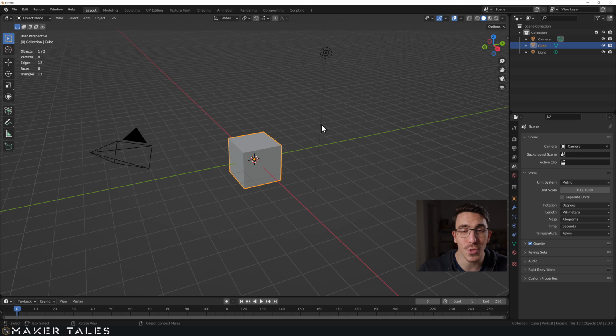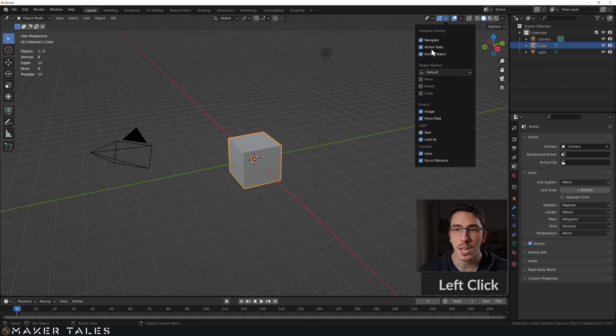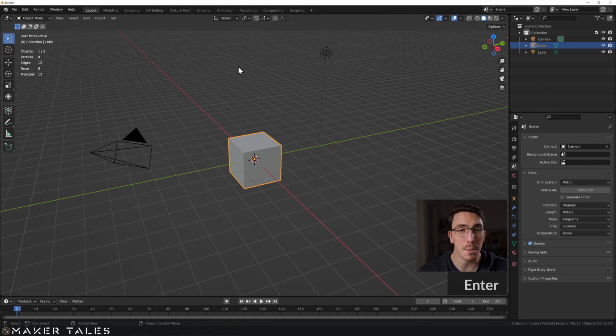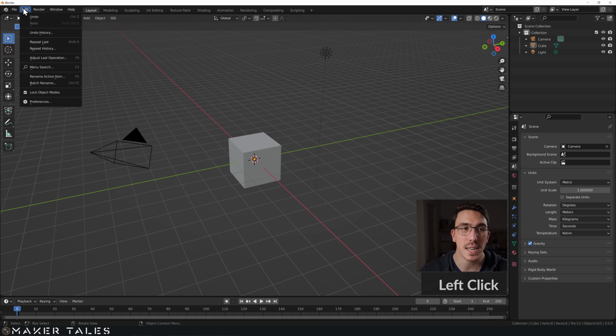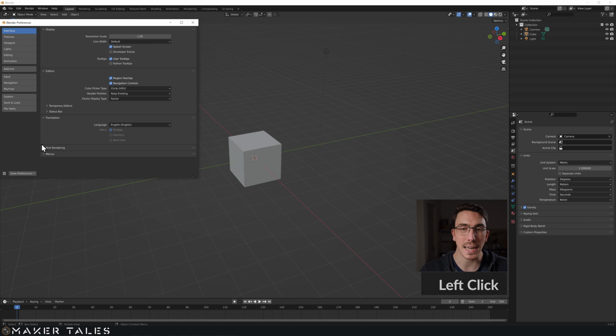So I'm going to change this file to be what I want it to be. So I want this to be 1 unit scaling. I also want this to be back into meters. I also want to change my grid scaling here back to 1. And then the really big change that I want to do is I want to go back to Edit, Preferences, put everything back to load factory preset. Bam, big change there.